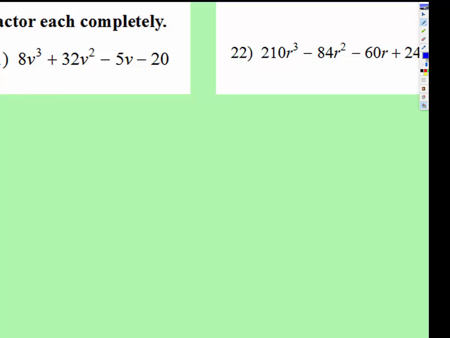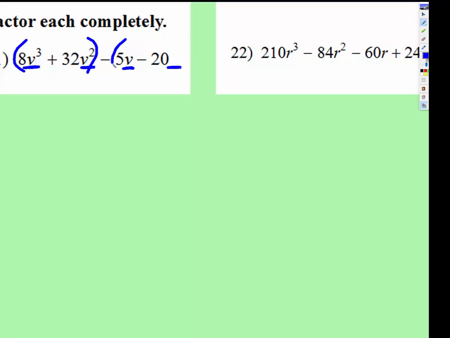Okay, factoring completely. This is going to be a very quick review. When there are four terms, one of the first things you want to think of is, is it possibly going to be the grouping method? First thing you want to look at, do they all have a variable? Since these all do not, since 20 does not have a variable attached, you can go ahead and just put